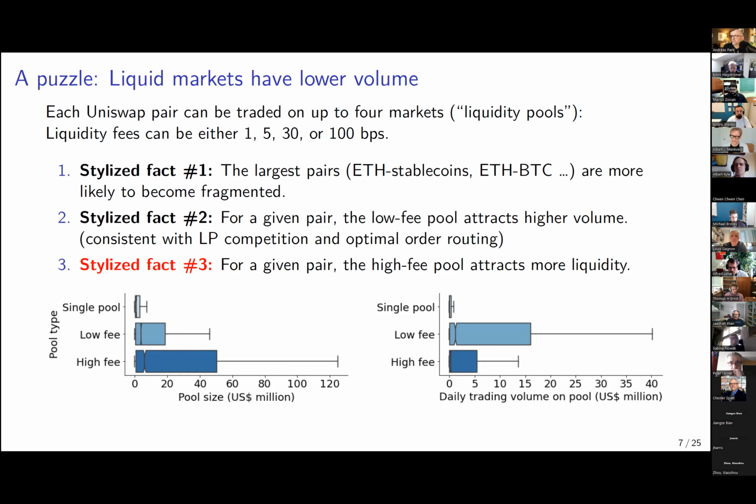So sorry, then maybe Olga's question. Sorry, Marius. You see that the same wallet ID provides liquidity on both high and low fee pools. We haven't looked explicitly at wallet by wallet fragmentation. But we do see that on average, the wallets that provide liquidity on the low fee pool are quite different from the ones on the high fee pool. But it's a good suggestion. We can do an analysis on a wallet level.